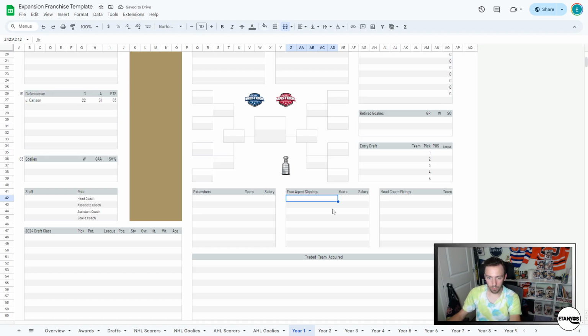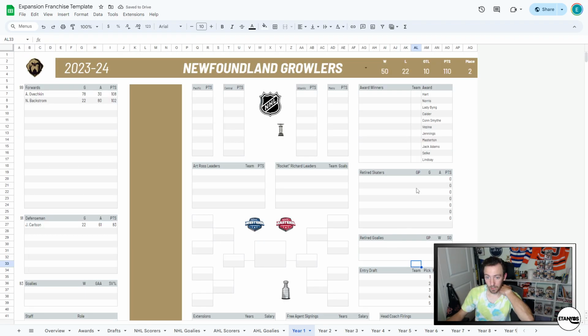Free agents work very similarly as far as if you go 8 years, it's a $12.5 million contract, it'll pop up the money like that. The team and conditional formatting does work in this section too, so if Colorado wins first overall pick, Edmonton wins the second, New York Rangers win the third, whatever, right? Like, it doesn't matter what order they get filled out in, but it does all fill out. There's a total on this as well for the screen, and then when you actually punch in all of these top 4 teams kind of thing,